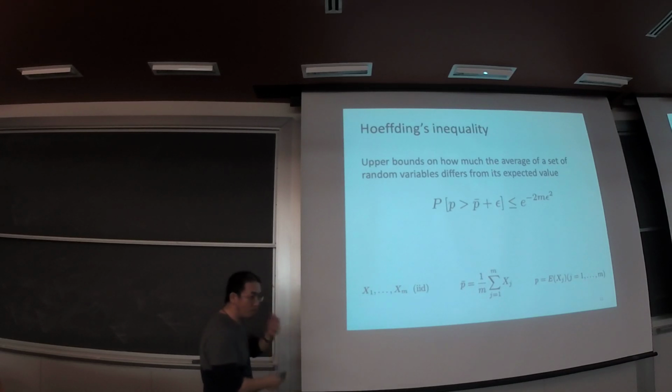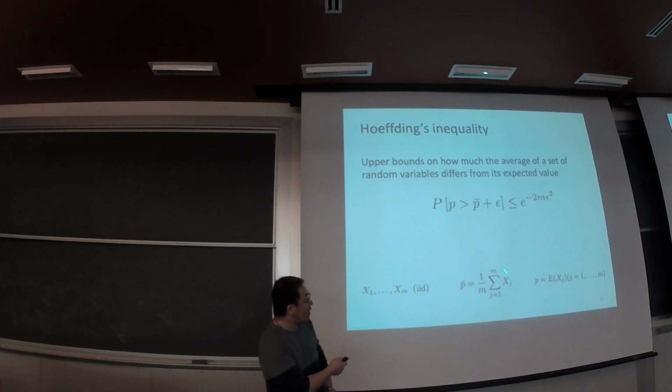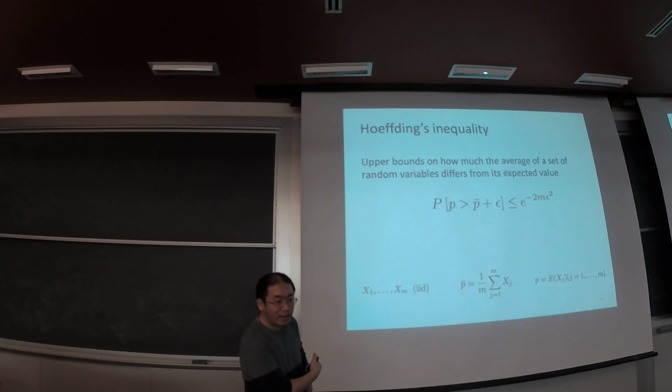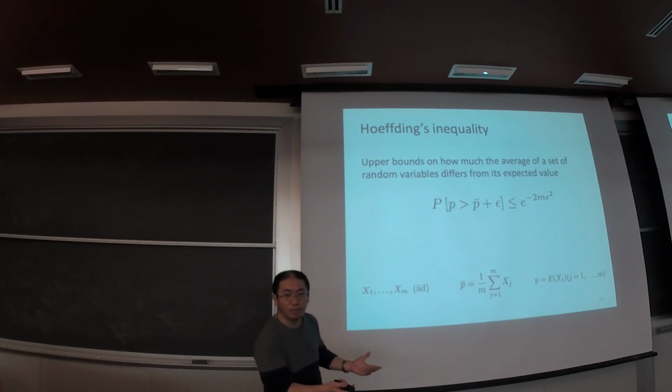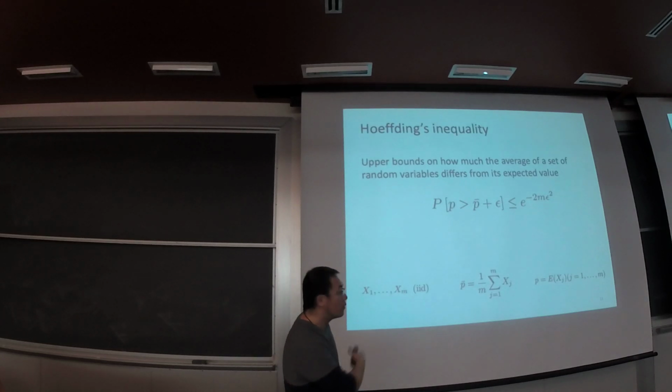To give a more detailed description about P and P bar, imagine that we have m random variables denoted by x1, x2 to xm, and they are IID, meaning that they are independent and identically distributed. And so P bar is just the average of x1, x2 to xm, and P is the expectation of each random variable. And remember, those random variables are IID, so the expectations are the same. Now you just substitute P and P bar with those formulas, and you get a better sense of this inequality.